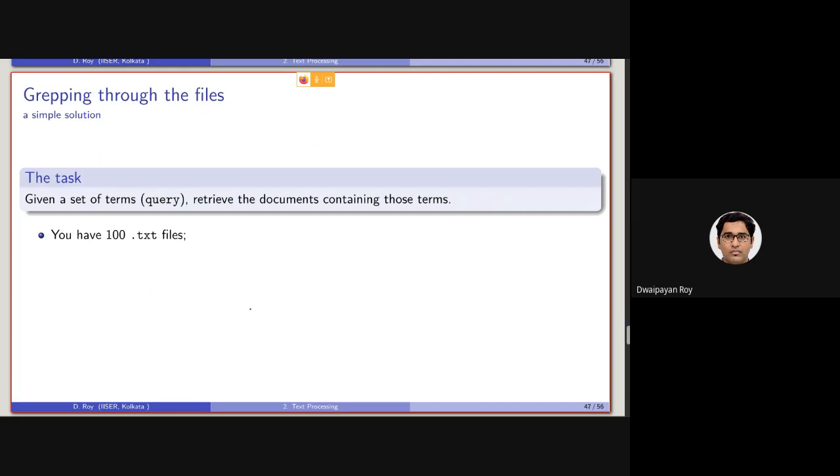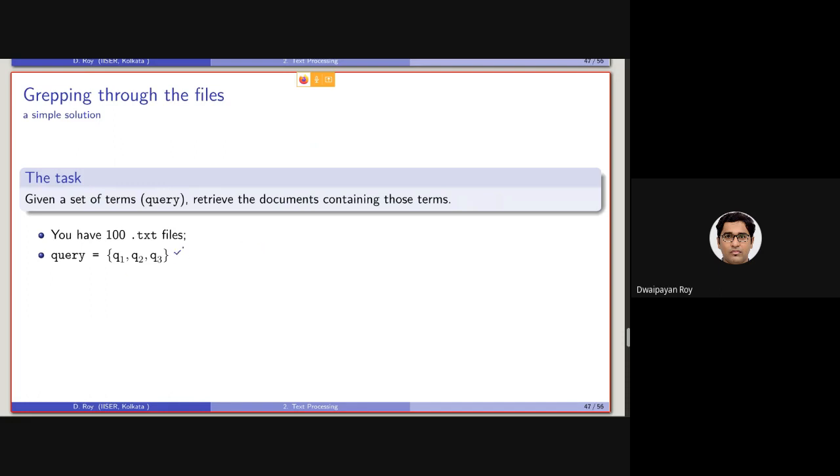So let's look at this from grep's point of view. Given the task, as I said, given a set of terms, basically a query, retrieve a set of documents containing those terms, right? So let's consider you have, say, 100 txt files. Now let's say you have the query Q1, Q2, Q3.